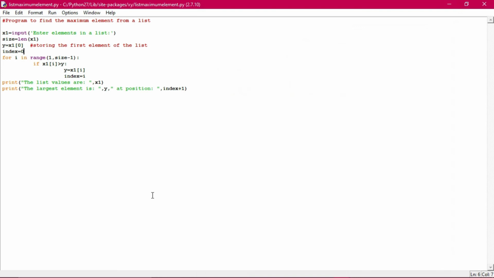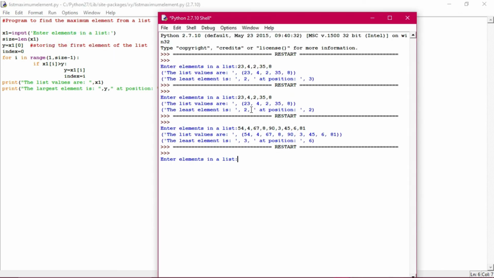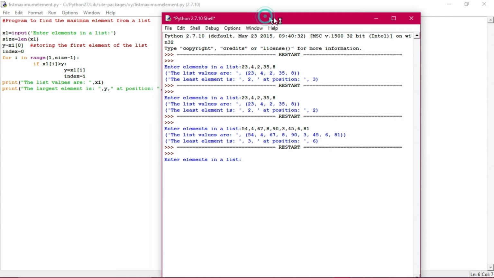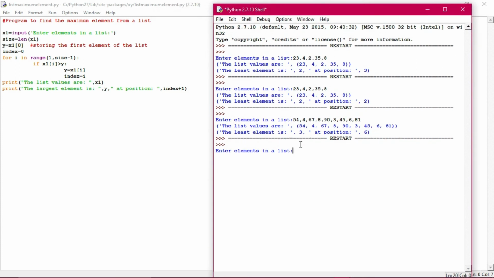Here the total output is entirely different. Okay, now I'm executing this program with the same kind of execution, only the comparison takes place for the bigger one, where the bigger value will be updated. All right, now 45, then 6, then 78, then 89, 12, 32, 11, 21. So you see the list values are 45, 6, and so on. This text has been printed, and 89 is at position 4. See 1, 2, 3, 4, because of this index plus 1.